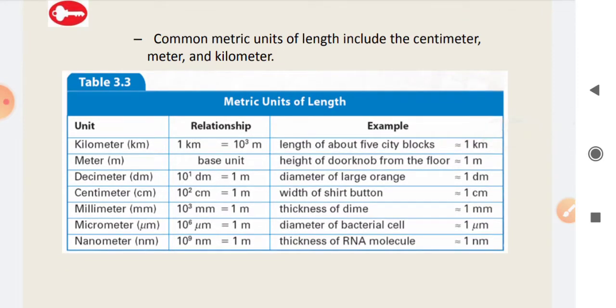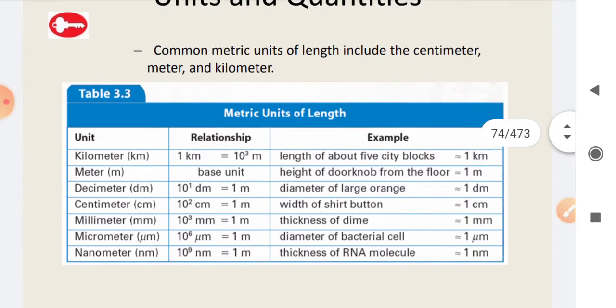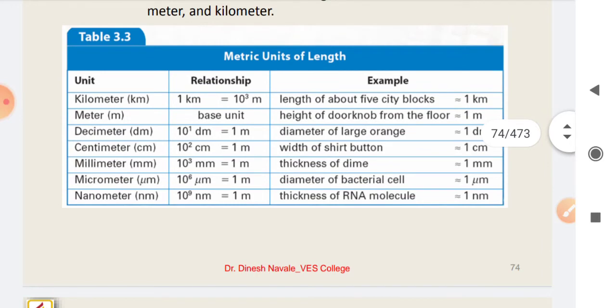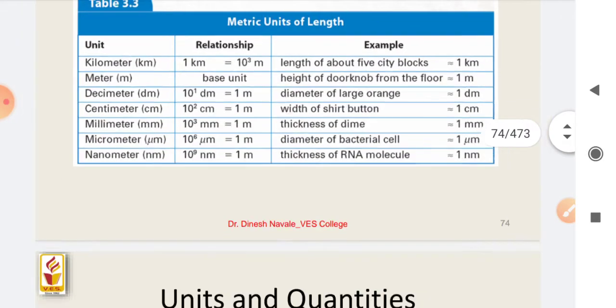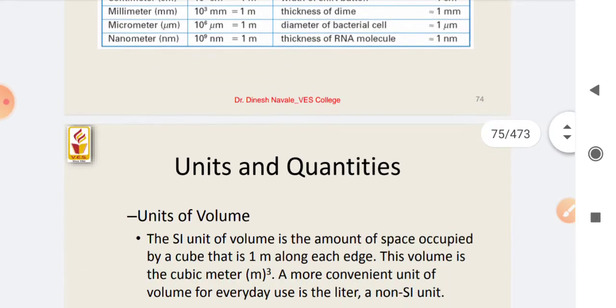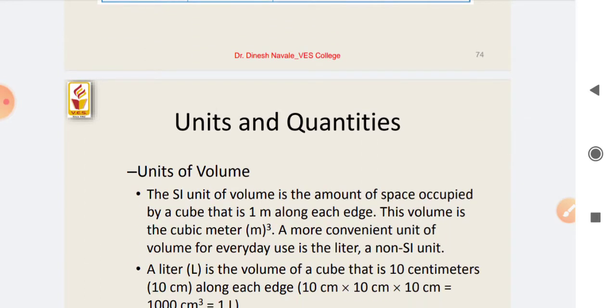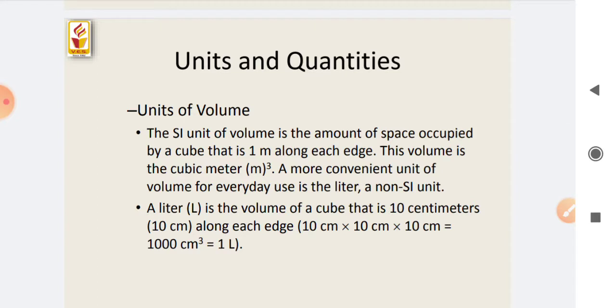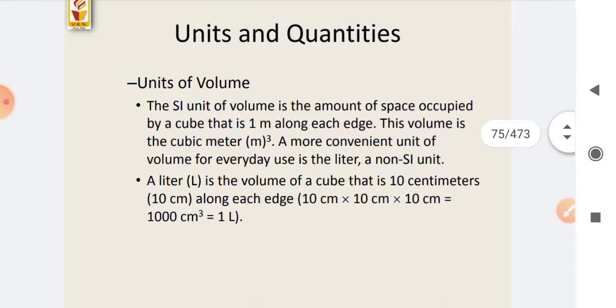If we are measuring lengths of higher order, then we use the decimeter, or the kilometer, megameter, gigameter, and so on. The SI system is quite important because we just need to remember the multiplication factor, which is again in base 10. We need not remember all the factors, we just need to remember how many powers of ten change from one unit to another, and then we can calculate the difference between the two units.